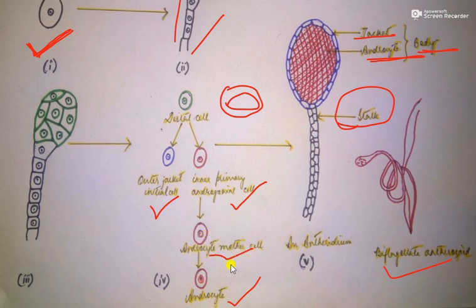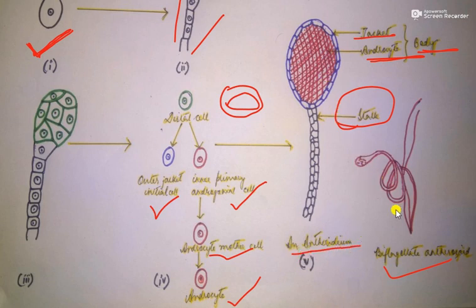Each of the androcyte mother cells will later develop into an androcyte. So we find the final structure this way. There will be an outer jacket. The jacket is formed from the jacket initial cells, and the jacket encloses a number of androcytes. The jacket and androcytes together comprise the body, and below the body is the long stalk. So the stalk and the body together comprise the structure of the antheridium.